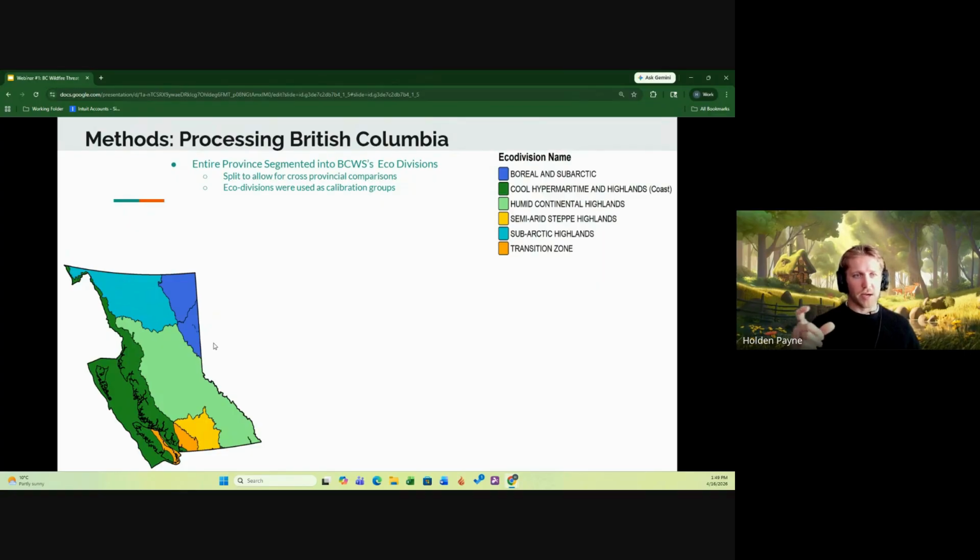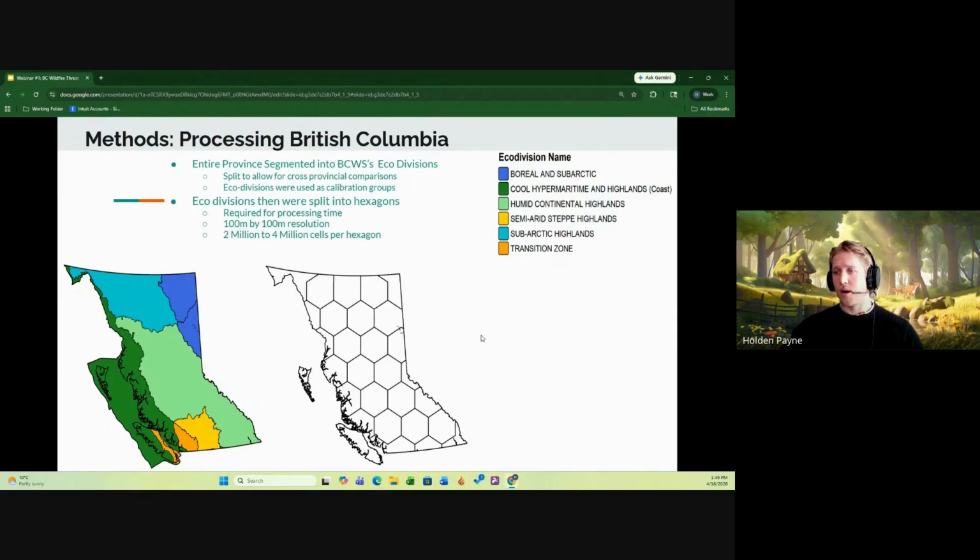And the idea is basically, if you break up the province into units, but you don't provide some ecological tie between the two, a border between units that has different characteristics is an arbitrary border. It's a processing border, linked to computation speed. It doesn't actually tell us about fire behavior. So you have to have some kind of ecological framework, we think, to merge these things together. So this is how we split the province up.